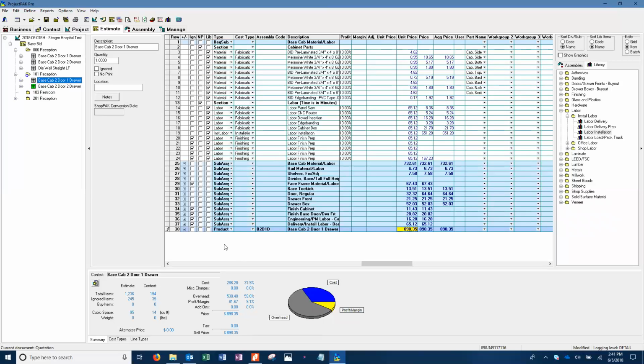Certainly you're out on the job site and somebody says, hey, I need you to do this. And you go, yeah, okay, I can do it for $700. Well, now you get back, you drag everything into it, and you realize that it was really $750. Well, now you can change it to $700 and still be okay. That's a great use for it. But honestly, you're going to want to always quote with your assemblies, because the bottom line is the whole point of this is that you guys want to ultimately get